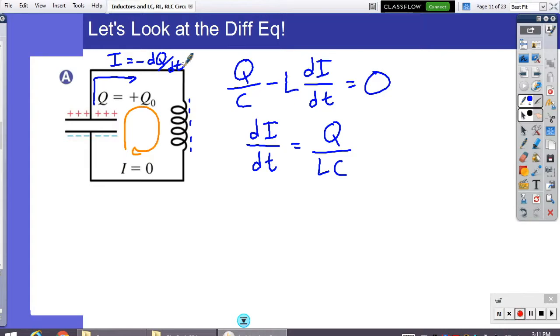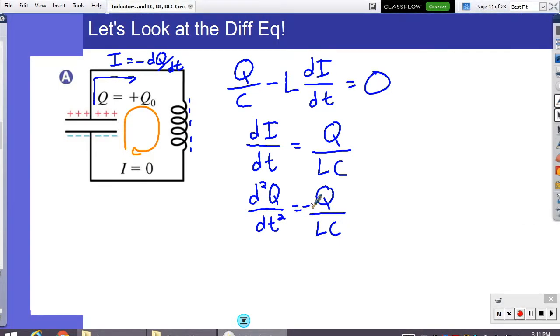I'm going to end up with negative second derivative of Q equals Q over LC. Let's just push the minus sign to the other side here. I feel like I've seen something like this somewhere before, where the second derivative of something is equal to minus,